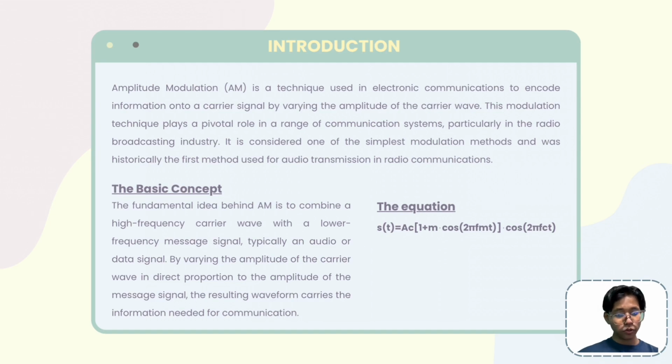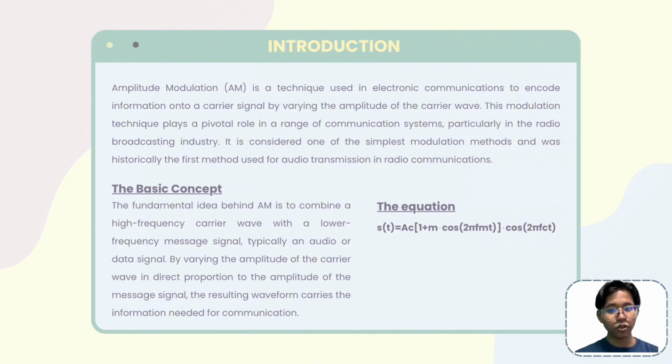So what is amplitude modulation? Or we call it AM for short. AM is basically a technique used in electronic communications to encode information onto a carrier signal by varying the amplitude of the carrier wave. This modulation technique plays a pivotal role in a range of communication systems, particularly in the radio broadcasting industry. It's considered one of the simplest modulation methods and was historically the first method used for audio